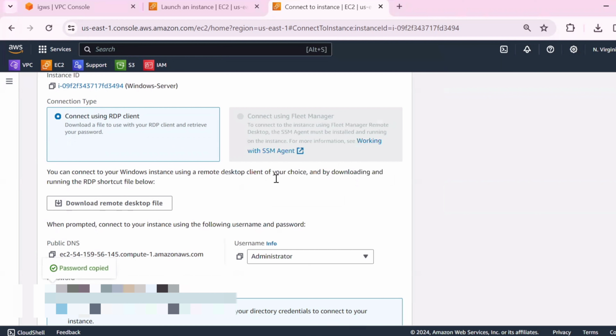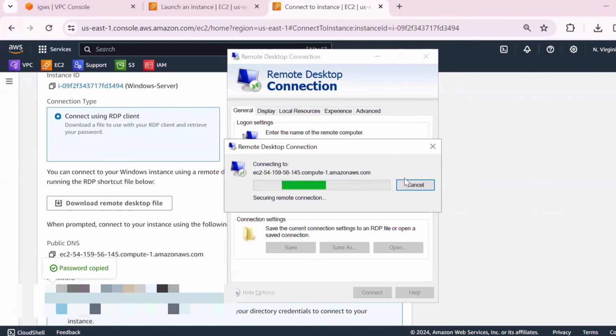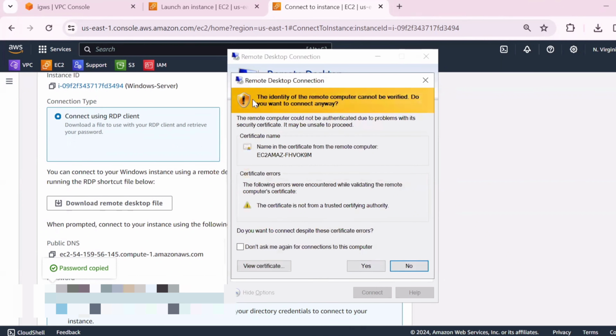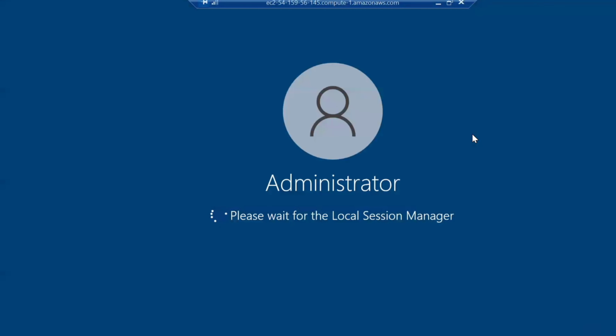By using that password we can communicate to our Windows machine. Whenever you get that prompt, you can just click on yes, no need to worry. See here, we can communicate to our Windows RDP application.